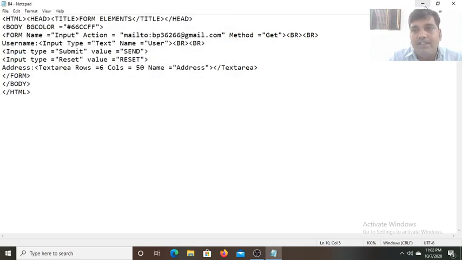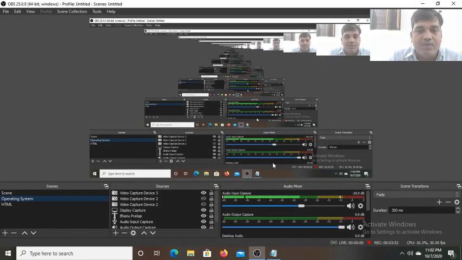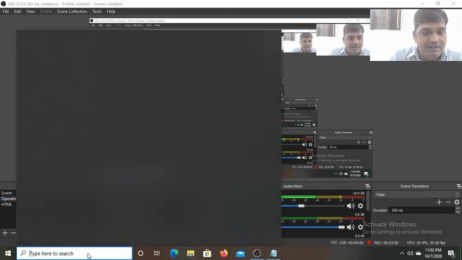Now let me minimize this, and we will open this HTML file with the help of the browser. Let me type here the name of the file, that is b4. This is the previous one. Here is the b4 I have given. Now it will execute.